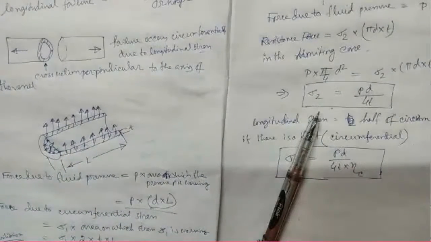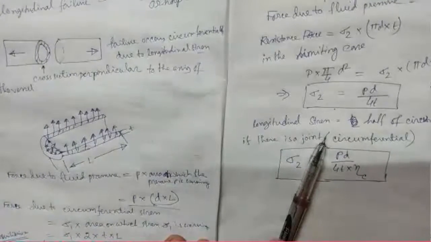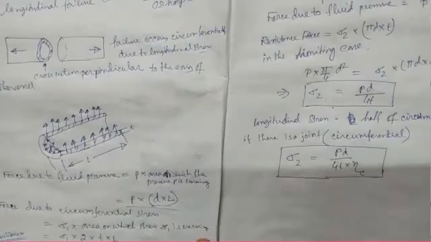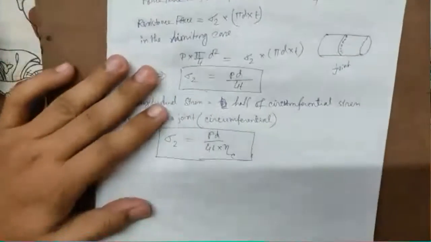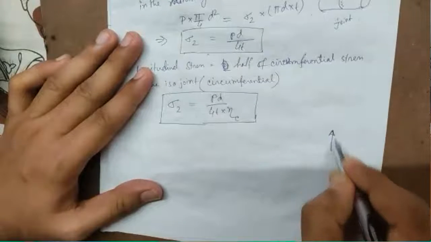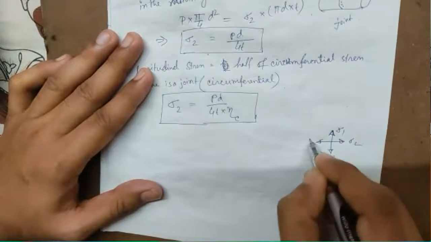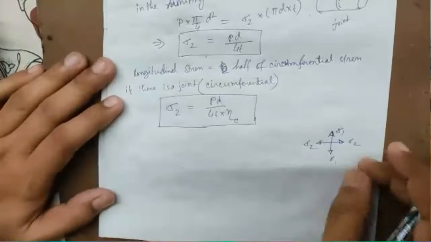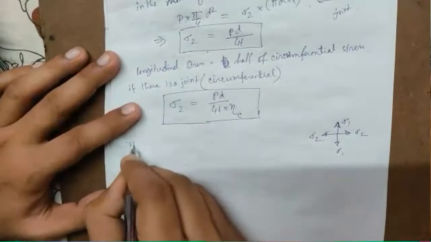So due to these principal stresses, there will be shear stress on the material. These two stresses are perpendicular to each other and both are tensile. So at any point in the material, the stress setup will look like this, and because of that there will be shear stress, and that maximum shear stress on the material